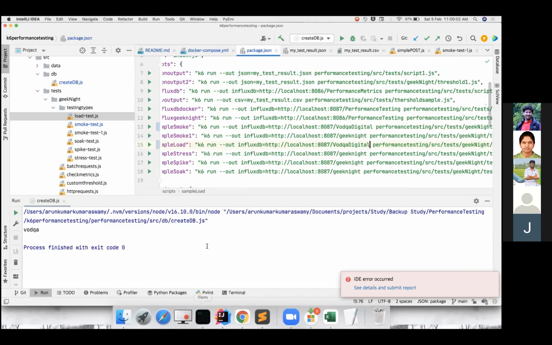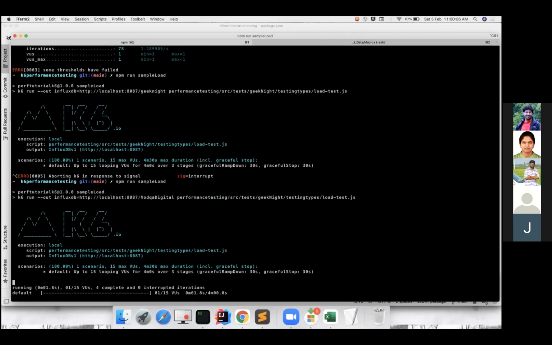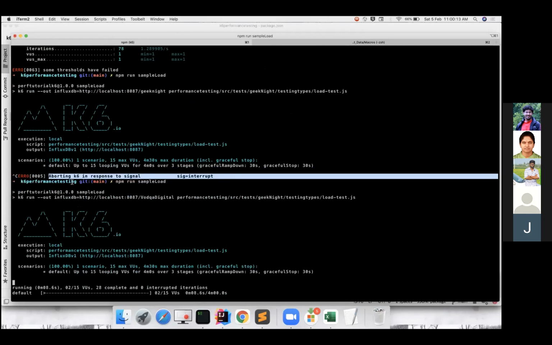Yeah, so now I can run it. Now if you see, I have aborted, so it is showing a signal like interrupt. So up to 15 loops over 3 stages and everything it will show, and it's showing as interrupted. So you can think of a scenario where you are trying to hit a call to a server. Sometimes the server will go down. So let's say my server is down for 30 seconds. In those 30 seconds, our script will keep sending the requests and they will be captured as dropped